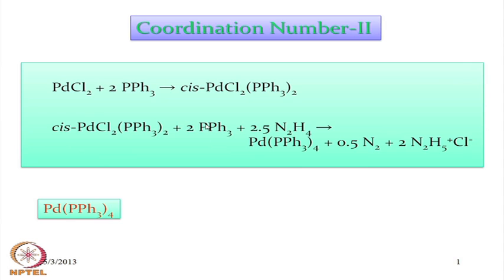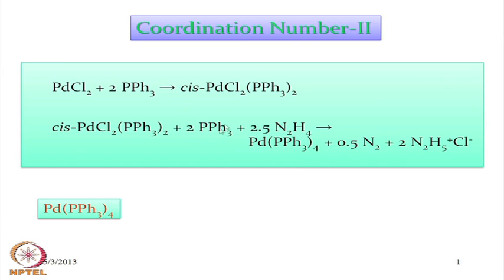So, once we get this particular species, our target is that we will have a species where palladium will be in the 0 oxidation state and it will have 4 coordinated phosphine ligands. So, what can we do in the next step? The thing which we can do in the next step is the use of hydrazine, one particular reducing agent. Hydrazine is a well suited reducing agent which can reduce this palladium from +2 oxidation state to palladium 0,